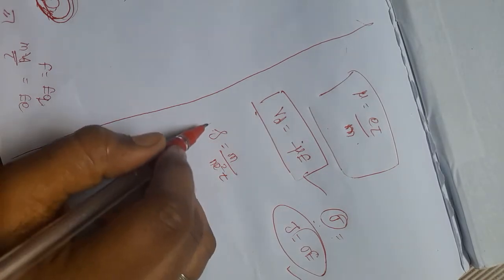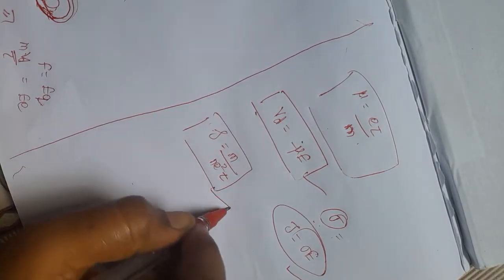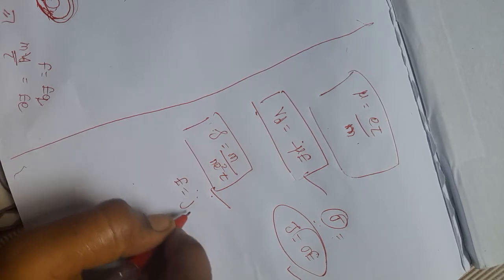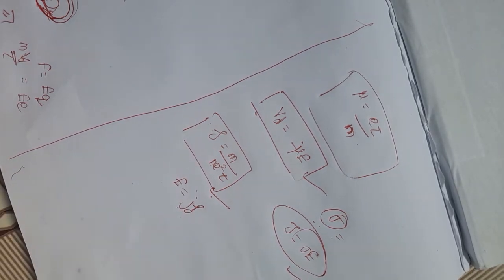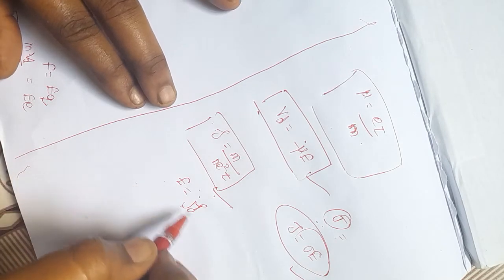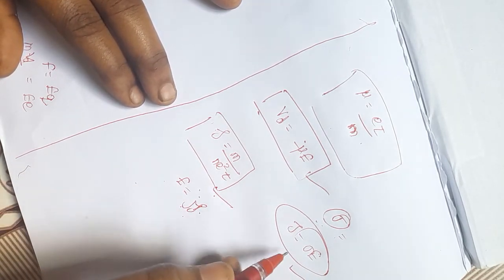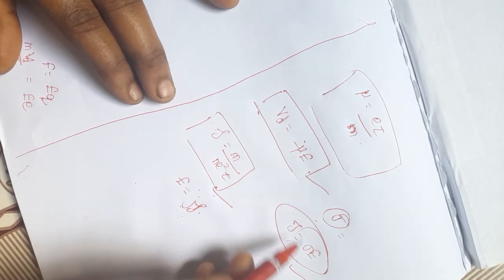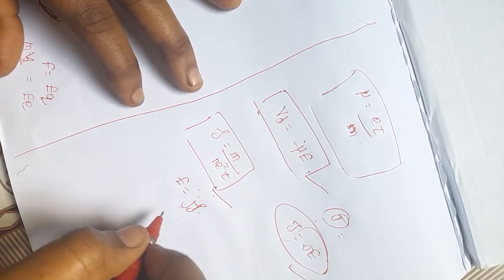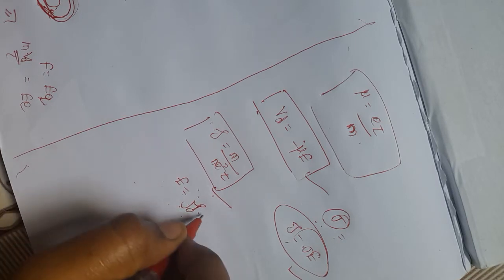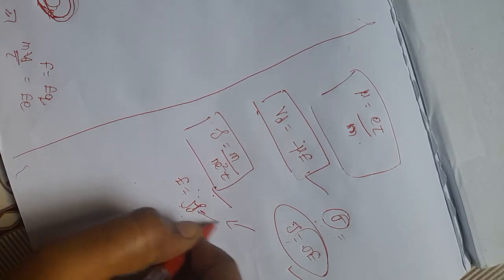And there is one formula for resistivity. This is the formula for resistivity, and you have another relation that E is equal to J rho. This is relating current density with resistivity. So this is the relation between current density and conductivity, and this is the relation between current density and resistivity. So try to relate these two.